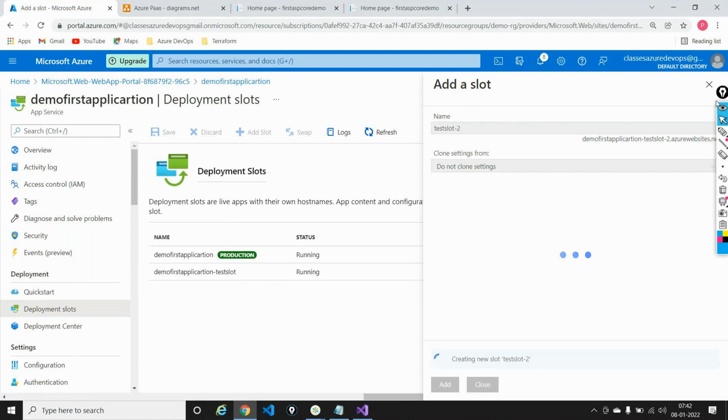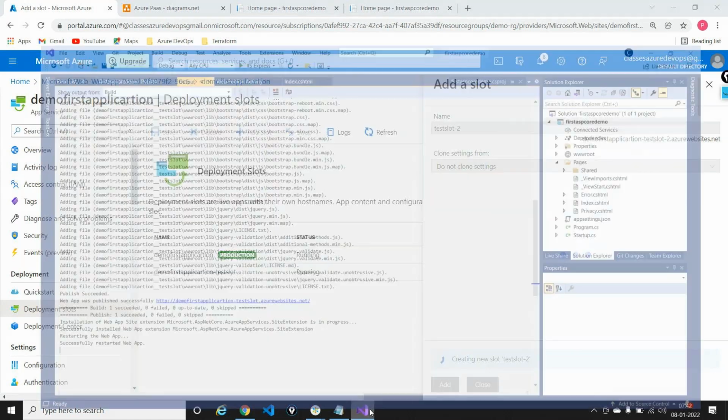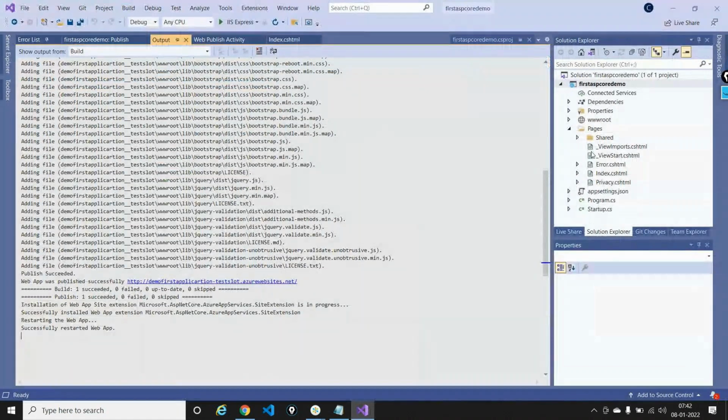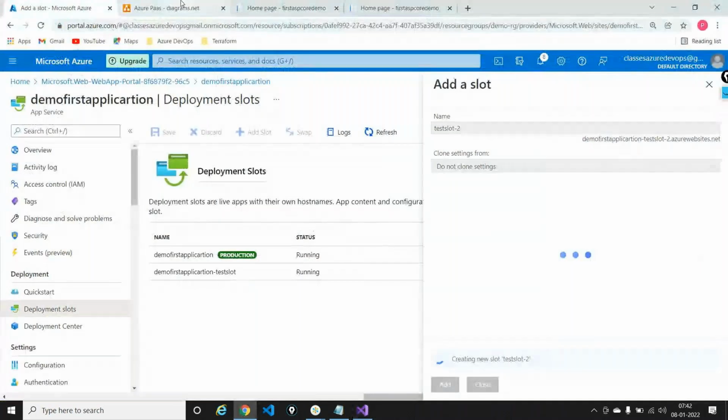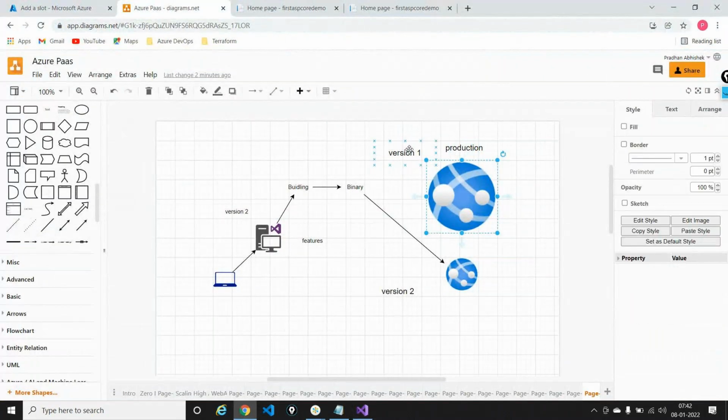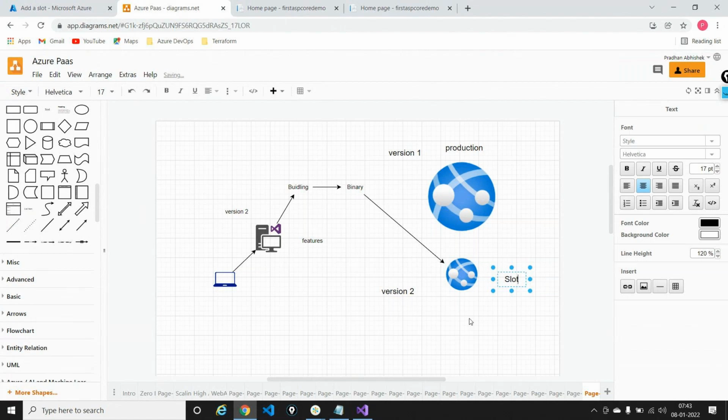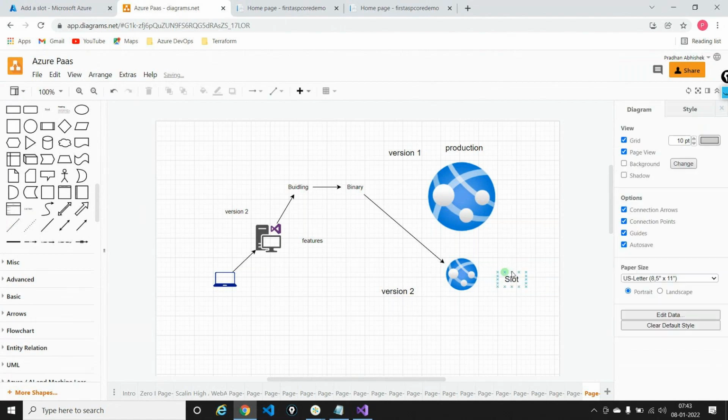So let's do test slot 2 right now, and let's understand this. Right now my production has version 1. Slot 1, which is a testing slot, has version 2. So this is slot 1.